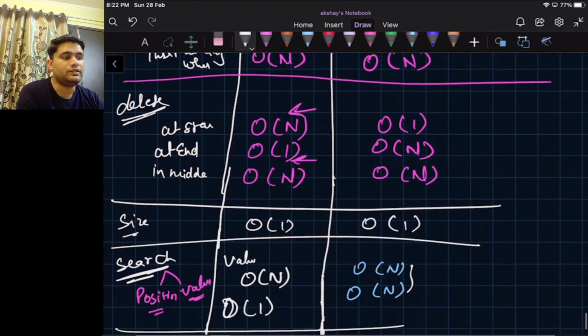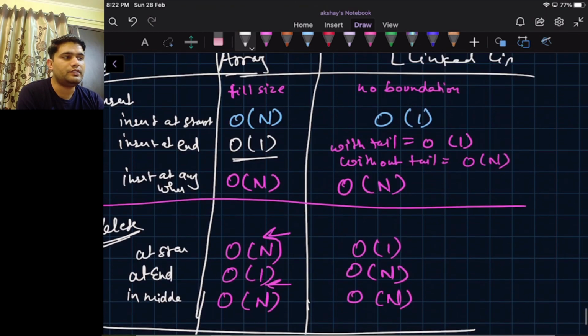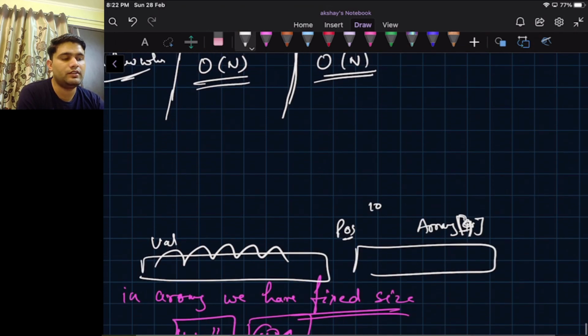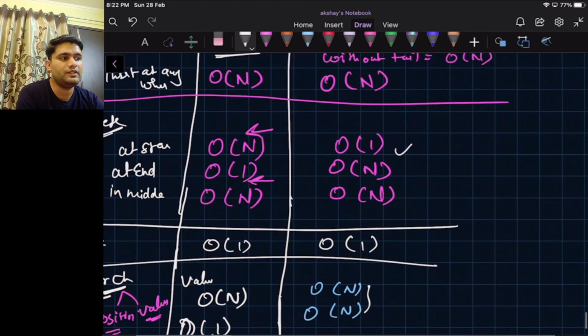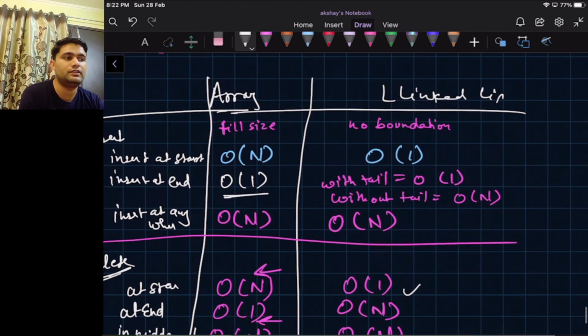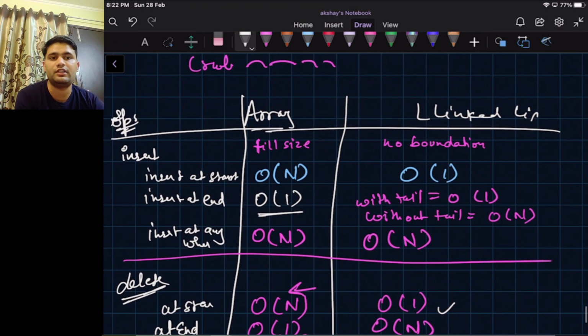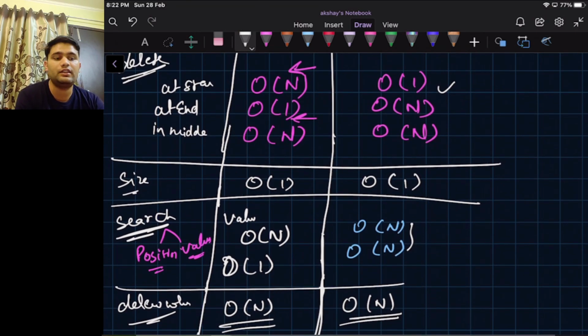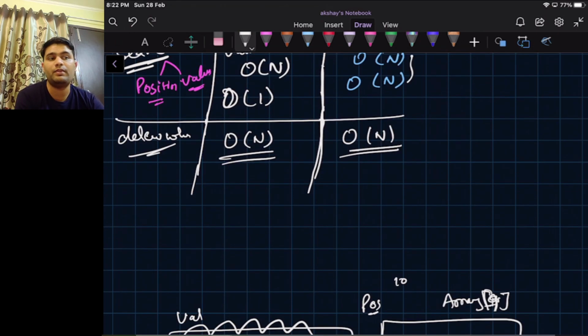So in some cases a linked list is very efficient, such as insertion and deletion at the start. In some cases a linked list is more efficient than an array, but in major cases arrays are much more efficient, though they have a drawback of limited size.